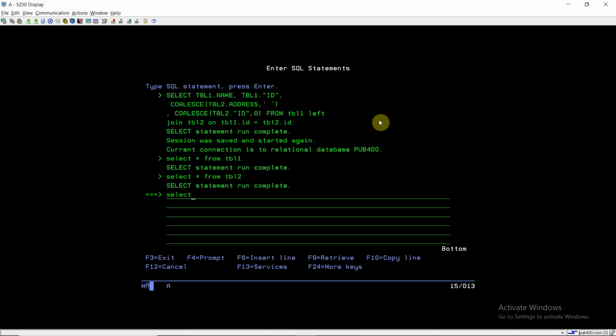So select star from table 1 right join table 2 on table 1 dot id equals table 2 dot id.